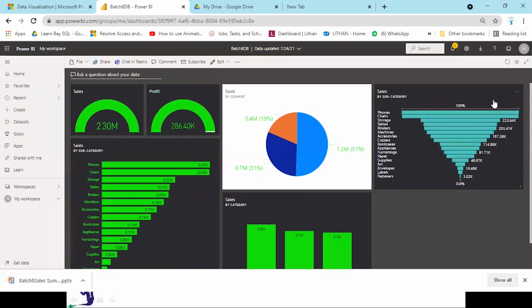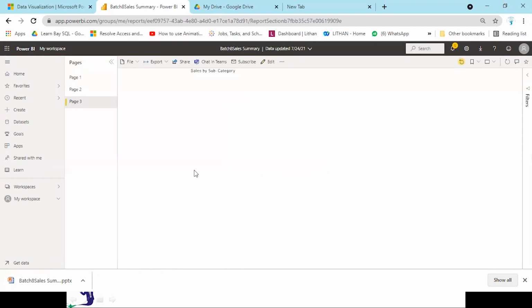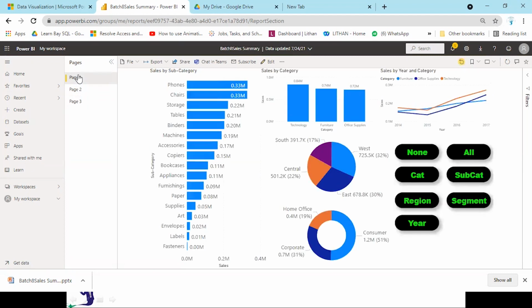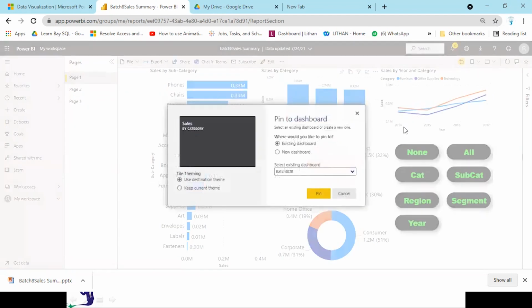So you have taken a visual from a different report. From multiple pages, let me take something from here. Let us take this pin.